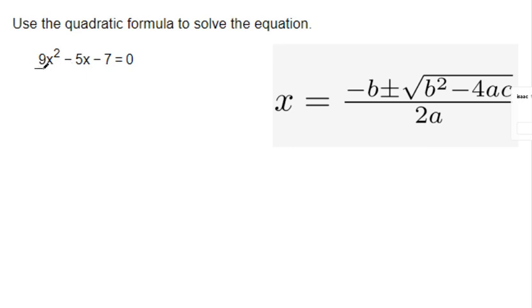So a is always the number next to x squared. B is always the number next to x to the first power, so -5 in this case. And c is -7, the number hanging out by itself. So if we plug all that in, it's